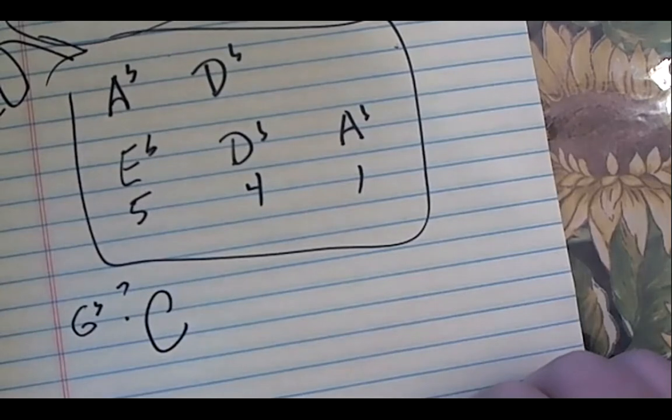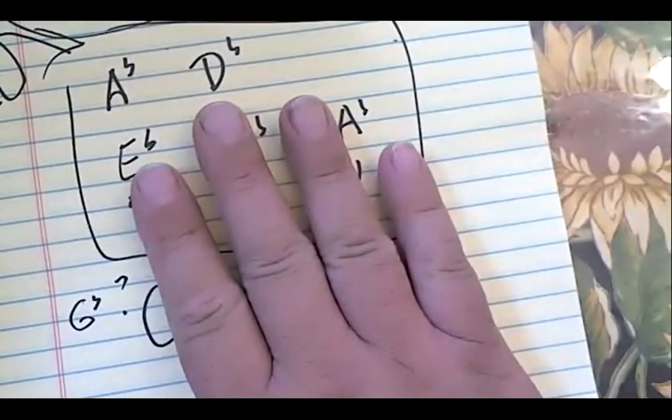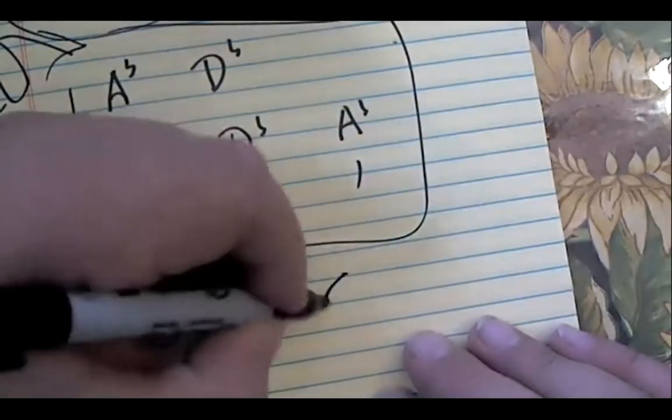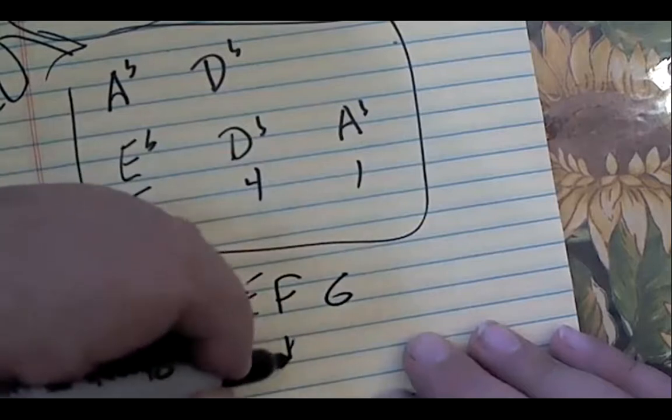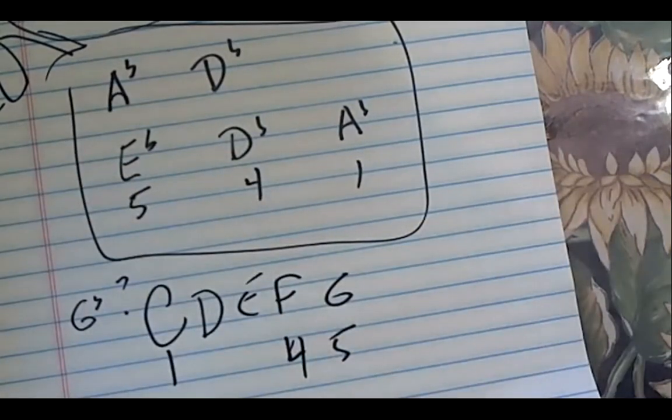Right? So now, can I transpose these chords to the key of C? You certainly can. C, D, E, F, G. 1, 4, 5. So if I wanted to play this and sing this on my own, but not do all these crazy things, I could be like,